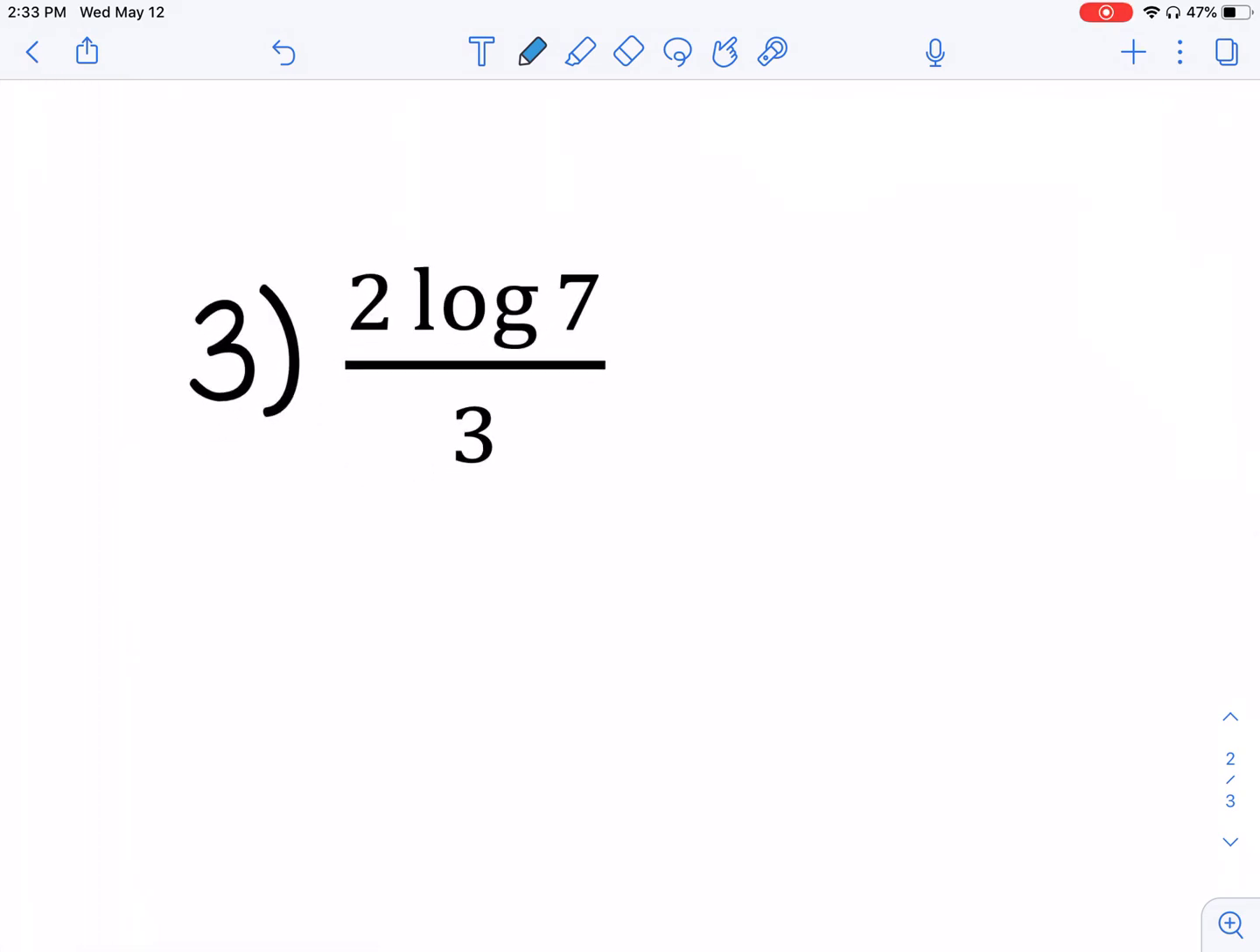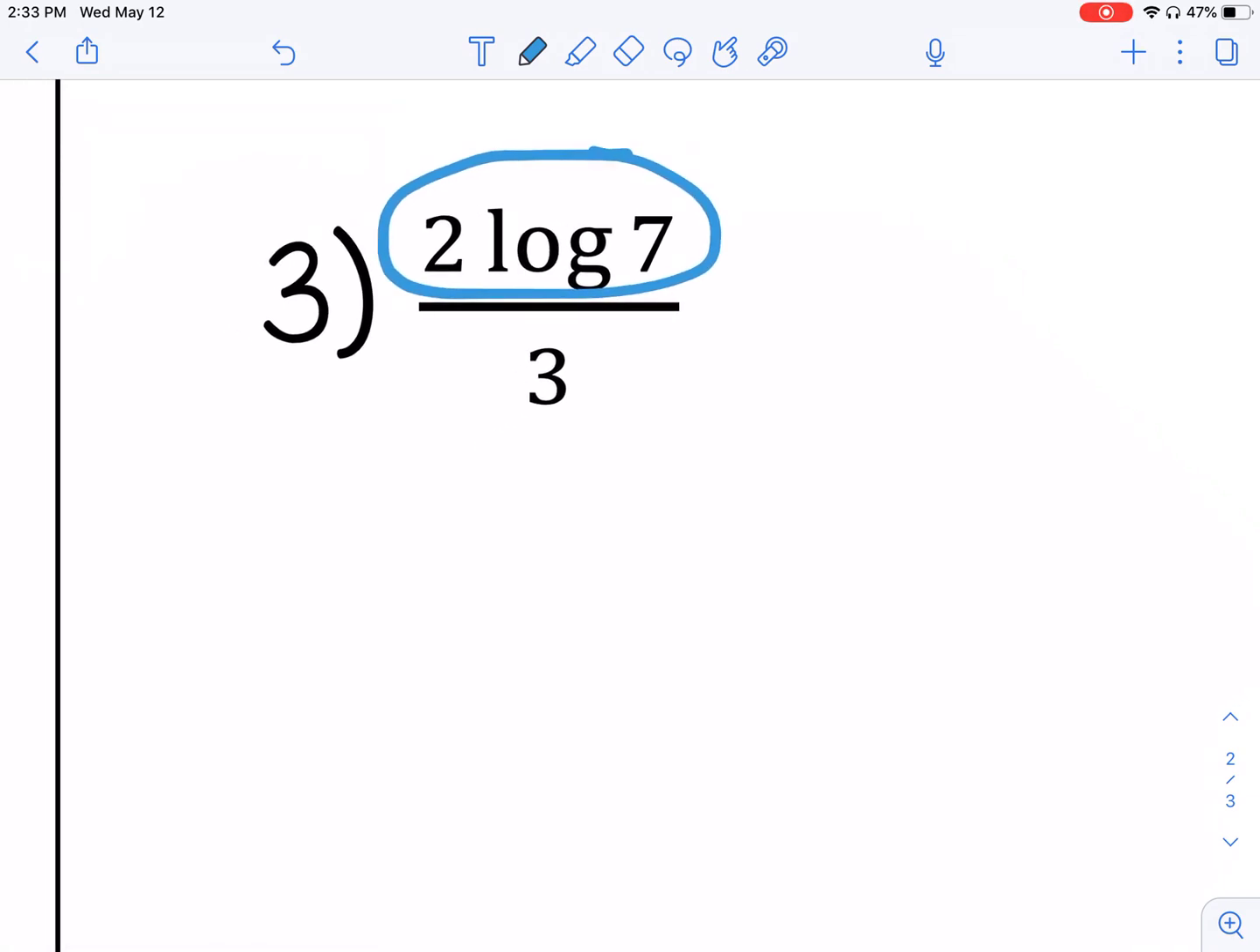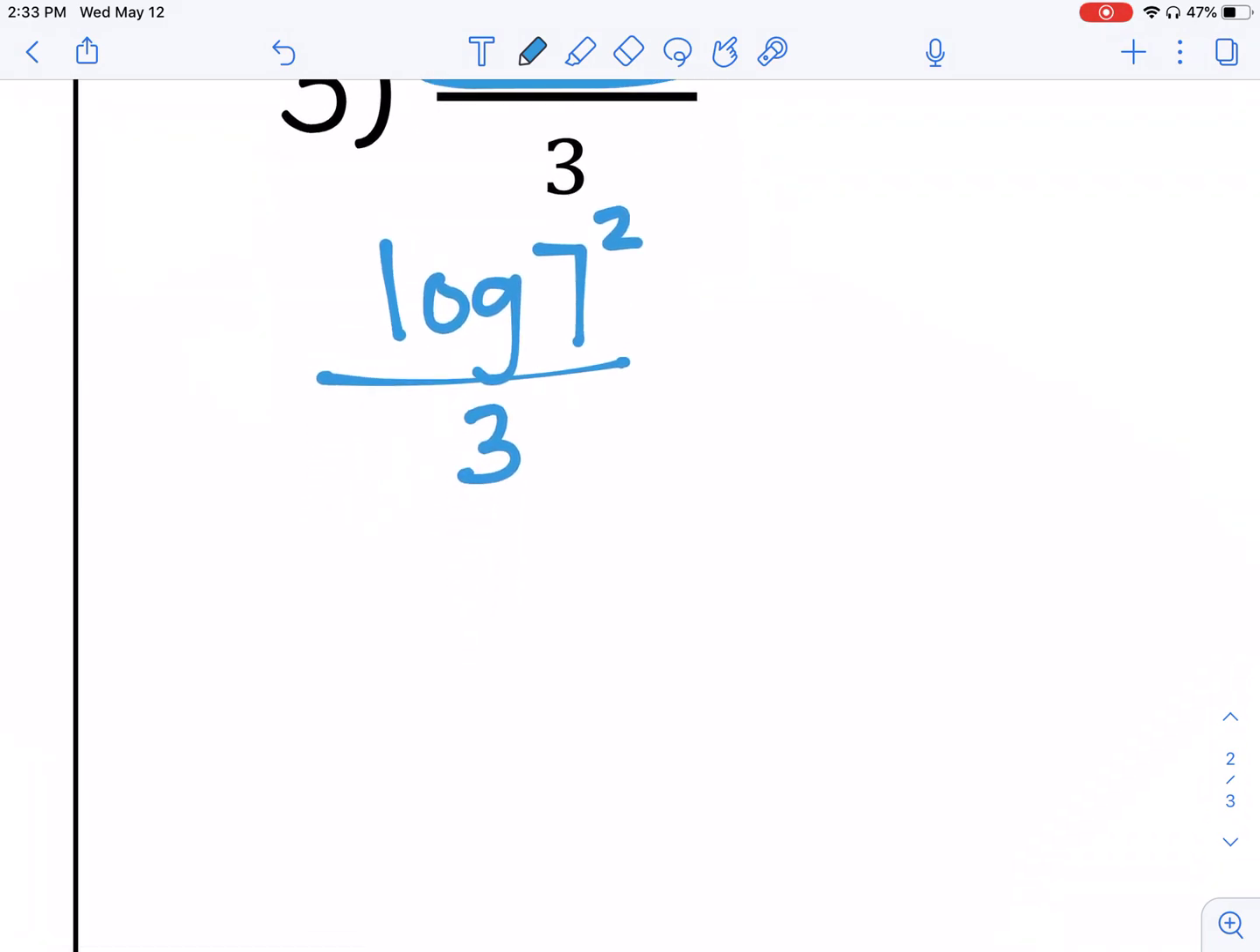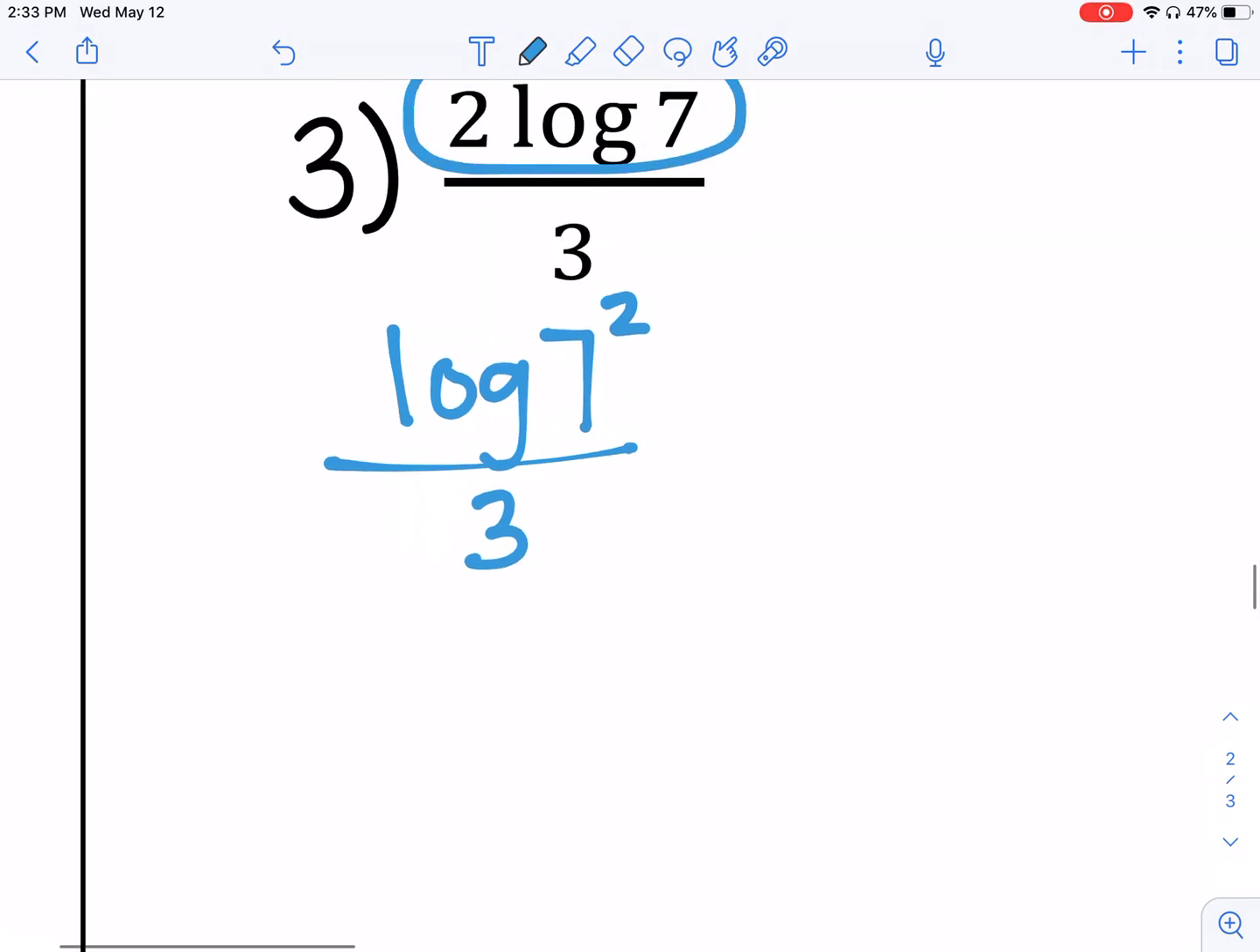What about this one? We have division, and we have something written in front of our log. Well, we need to write this as, let's take care of this top one first. 2 log of 7. Well, that's saying we were taking the log of 7, the log of 7 squared divided by 3. And then,